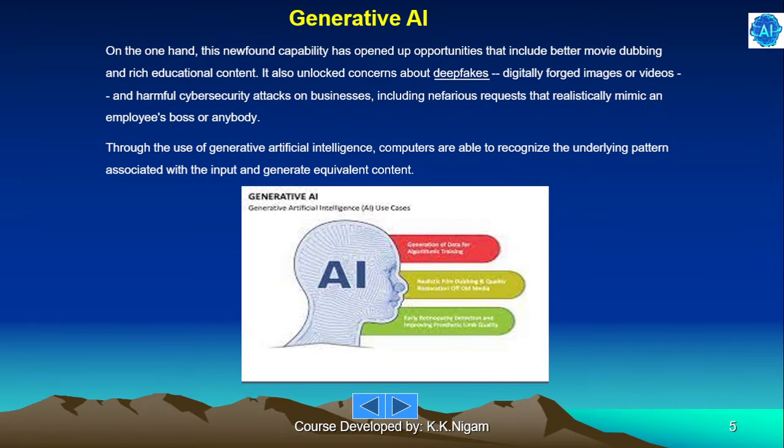On the other hand, this newfound capability has opened up opportunities that include better movie dubbing and rich educational content. It also unlocked concern about deepfakes, digitally forged images or videos, and harmful cybersecurity attacks on businesses, including nefarious requests that realistically make an employee's boss or anybody